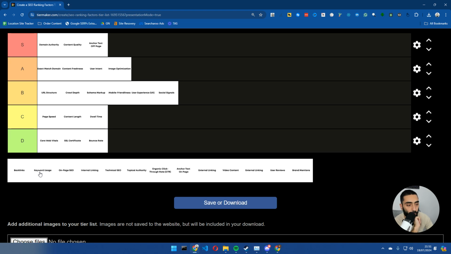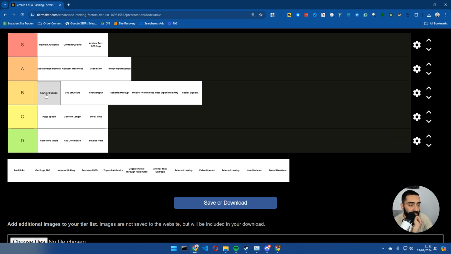So would I say that it's like 2013 days where you can do 14% keyword density? Probably not. But is it still important? Yes, it probably is. I'm going to put this in... it's a difficult one. It's either A or B. I'm going to put this in B. I think that's pretty reasonable.